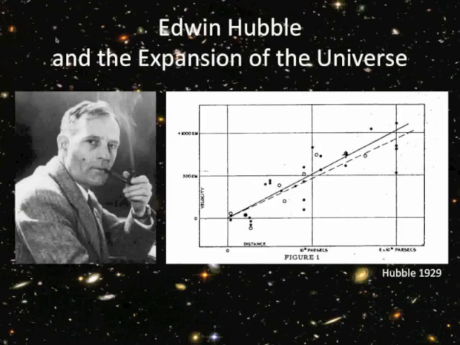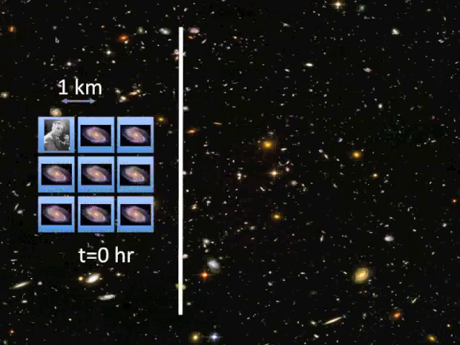If space itself is expanding, if the universe is expanding, you expect to see a correlation of this type. So just as a short example, I want to show you why this is. Imagine Hubble is sitting here in this universe that's filled with galaxies. And just to make things easier, I'm going to say that at time 0, which I call 0 hours here, every galaxy in the universe is separated by 1 kilometer, all right?